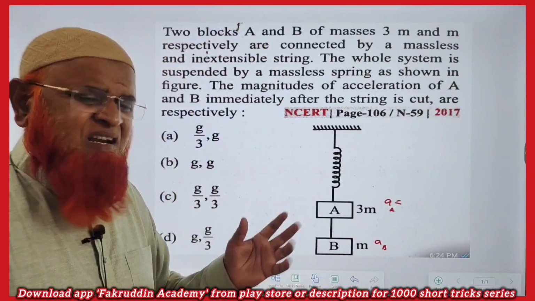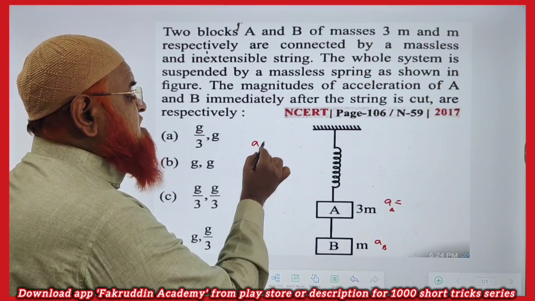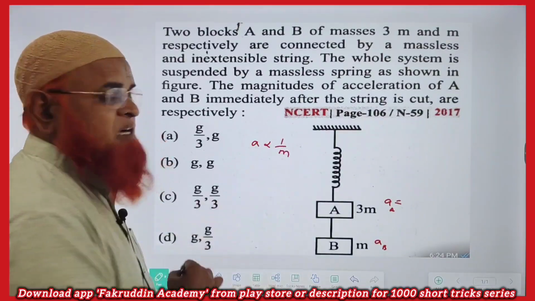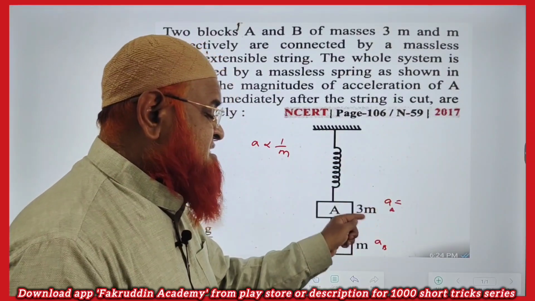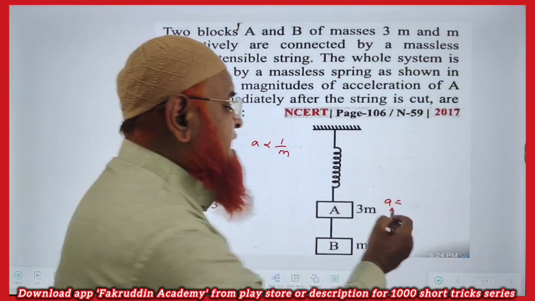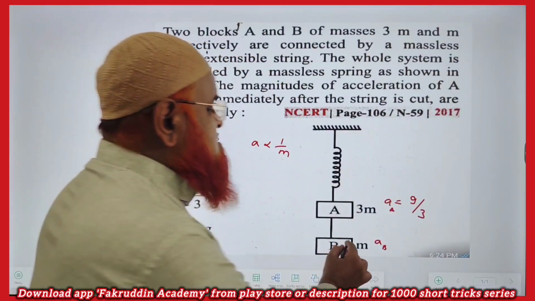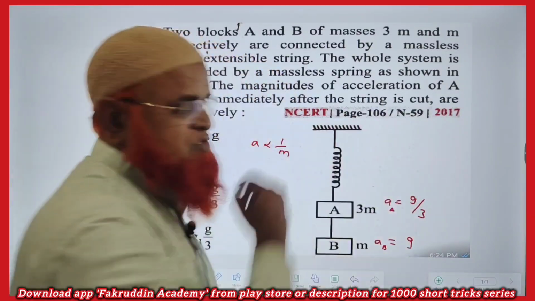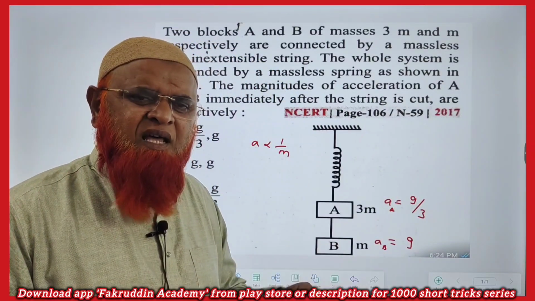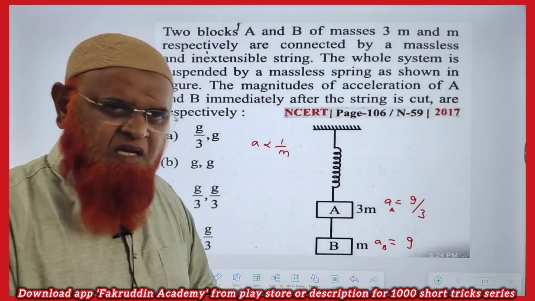इतना आसान है, मालूम आप लोगों को, इतना आसान है। एक्सेलरेशन एंड मास आर इनवर्सली रिलेटेड। एक्सेलरेशन इज इनवर्सली प्रोपोर्शनल टू मास। इसका मतलब जिसका मास ट्रिपल है उसका एक्सेलरेशन ड्यू टू ग्रेविटी बाई 3 होगा, और जिसका मास यमी है उसका एक्सेलरेशन जी ही होगा। बस इतना सा चीट कोड याद रख लीजिए, इसको कोई फ्री बॉडी डायग्राम की जरूरत ही नहीं है। ठीक है, समझ गए आप लोग।